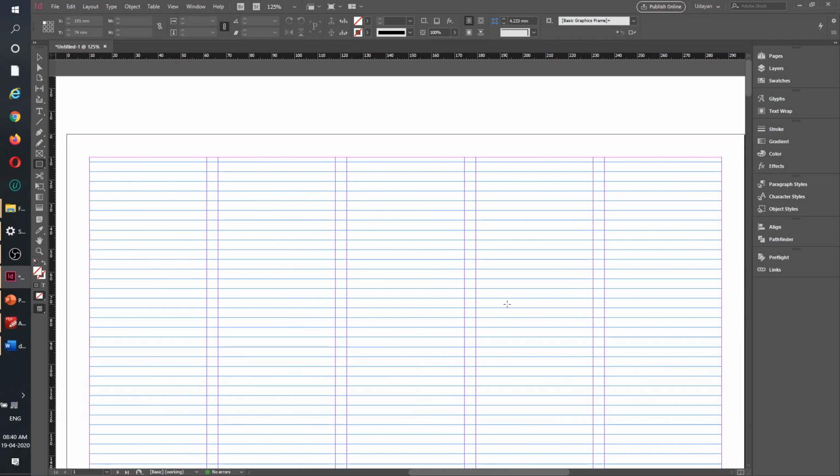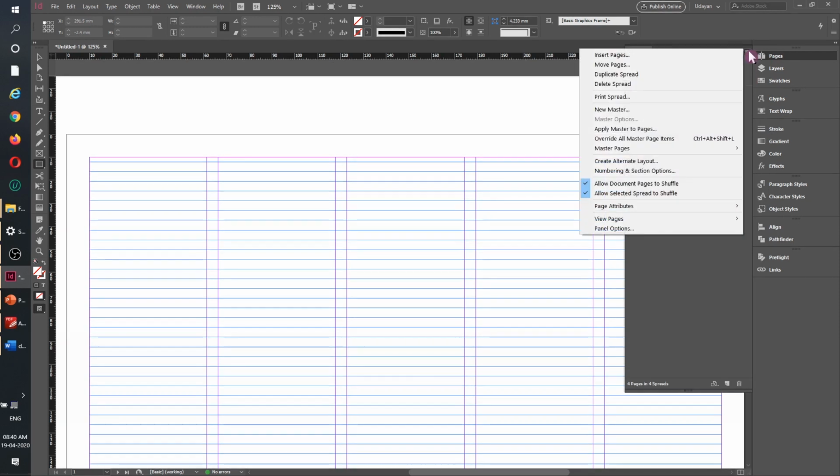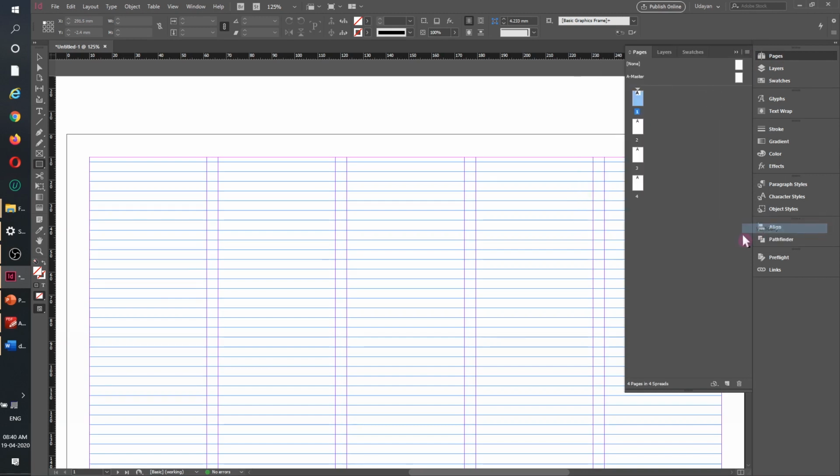Now let's start with what are the things we will require. First thing is first, we will have to make changes in our page layout. As you can see, my 4 pages are all aligned. In case you don't see it like this and you are seeing it like this, that means you have not made the changes that I said in the previous videos. Ideally, when you open your InDesign in a factory default setting, your pages normally look aligned vertically.